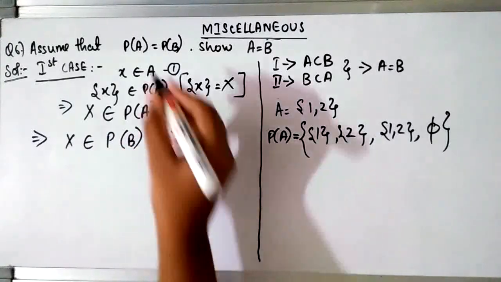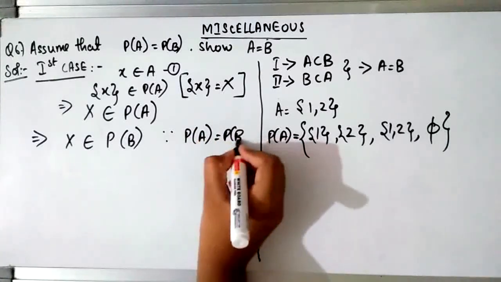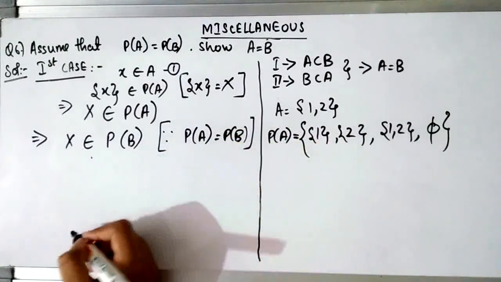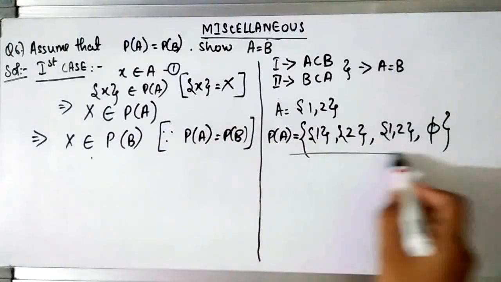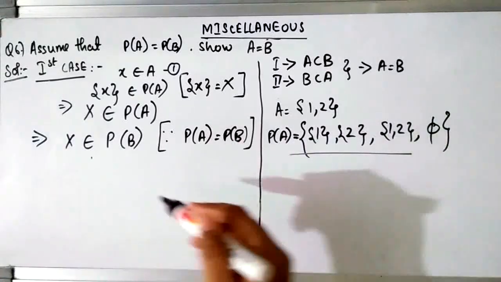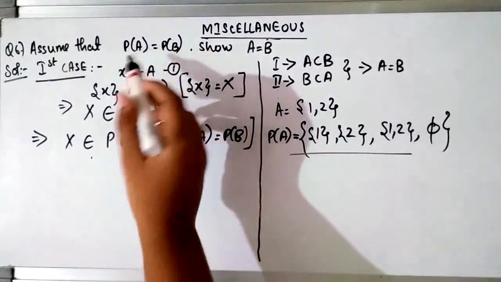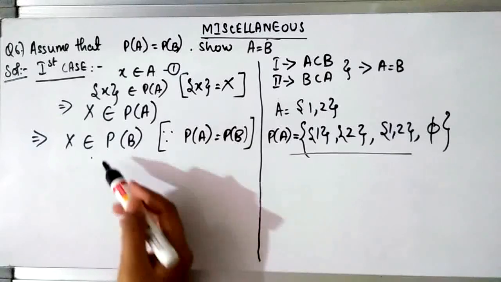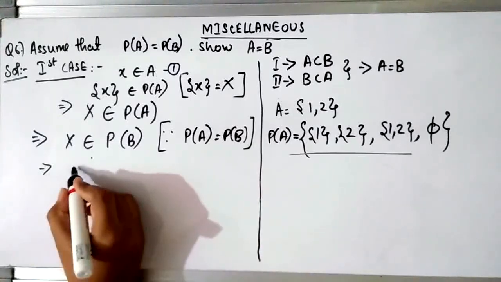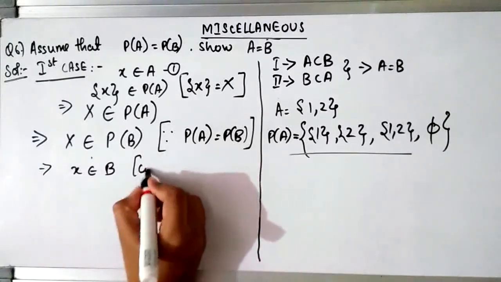This is because since power of set A is equal to power of set B, we can say that this capital X even belongs to power of set B, because power of set A and power of set B, they are exactly the same sets, they have the same elements in that. So if X belongs to this power of set A, then it will also belong to power of set B, because both of them are same sets. Okay. Now if capital X belongs to power of set B, then we can say that the small x belongs to set B, right? Just the converse.